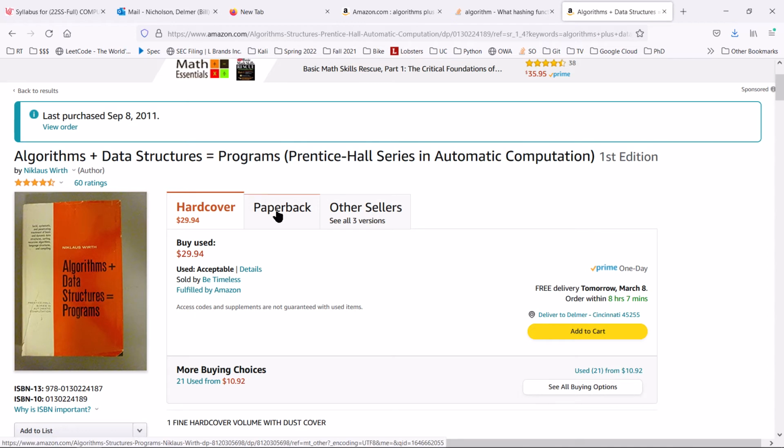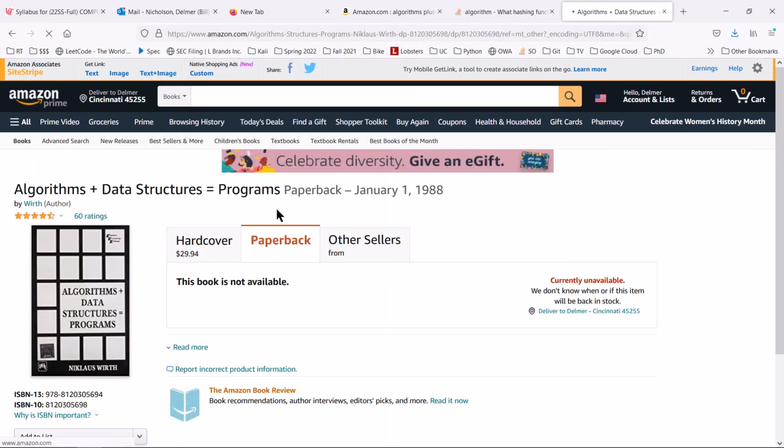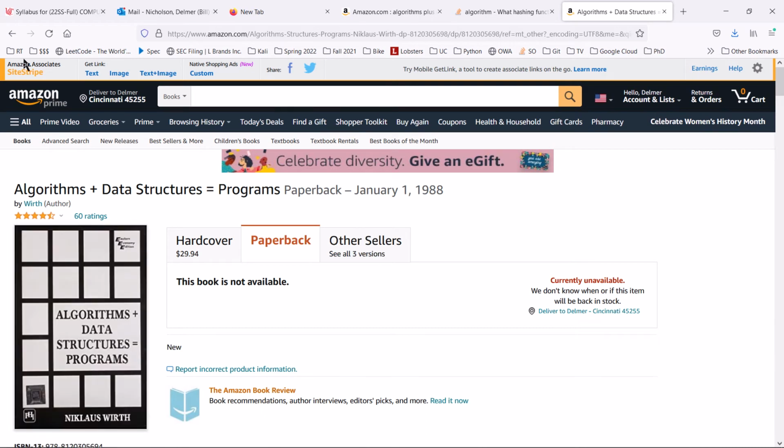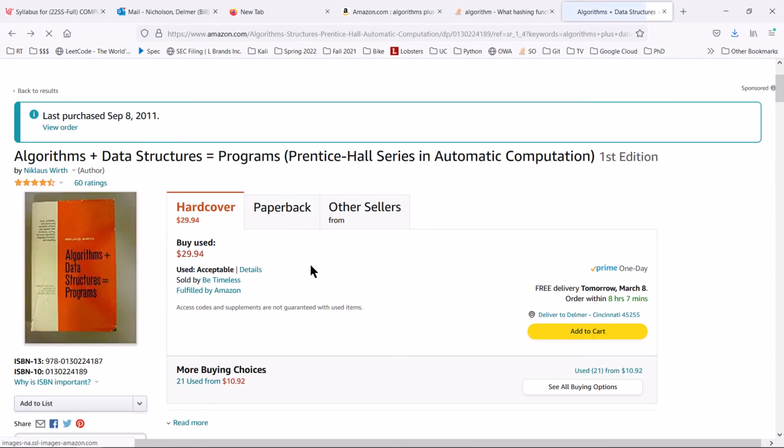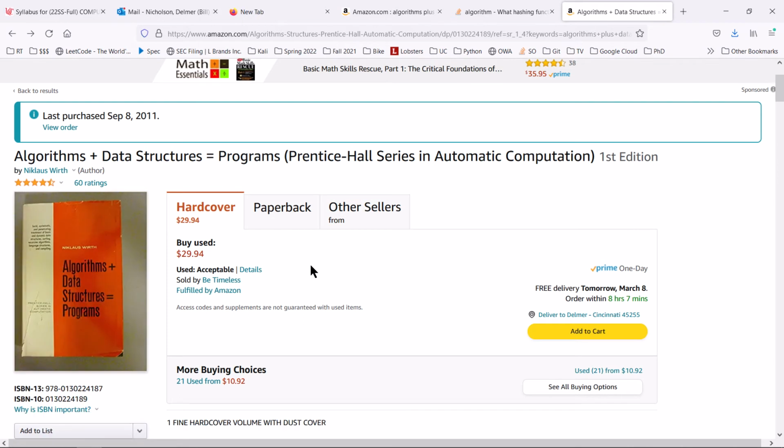I don't think I've ever seen a paperback version. Not available, but the Amazon bots tell us that today it is $29.94. Tomorrow it could be $1, or it could be $300. Who knows? If this video causes a run on this book, the price may skyrocket.